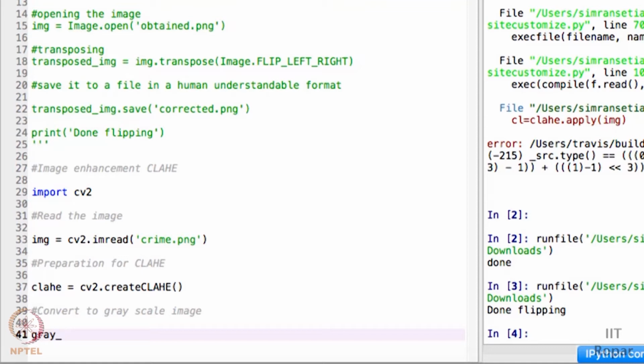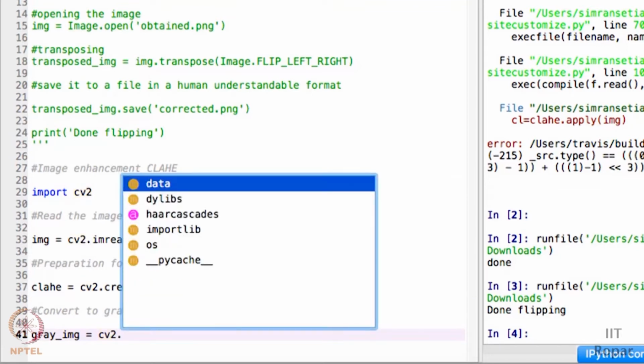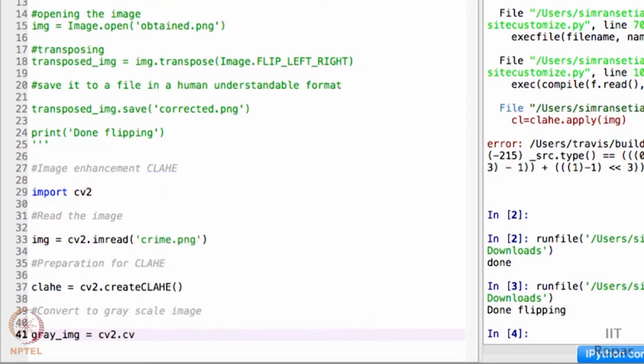Gray image is equal to cv2.cvtColor of, we pass this image object, then cv2.COLOR_BGR2GRAY. So this has been converted into a grayscale image.